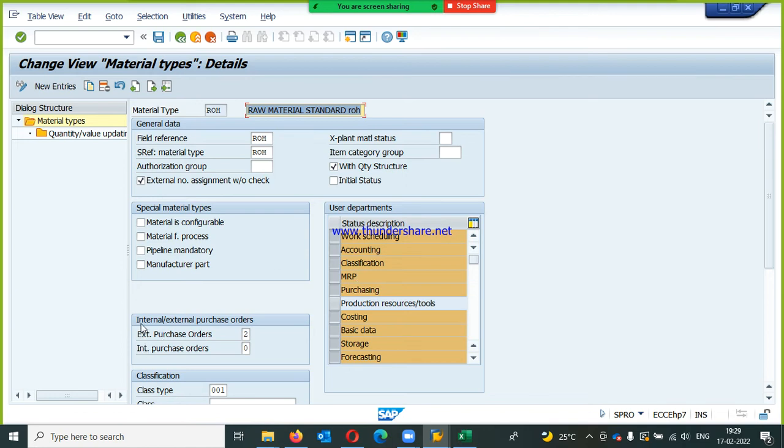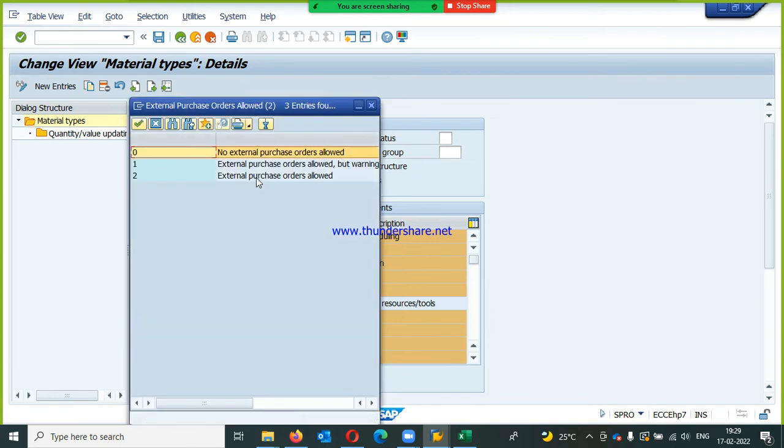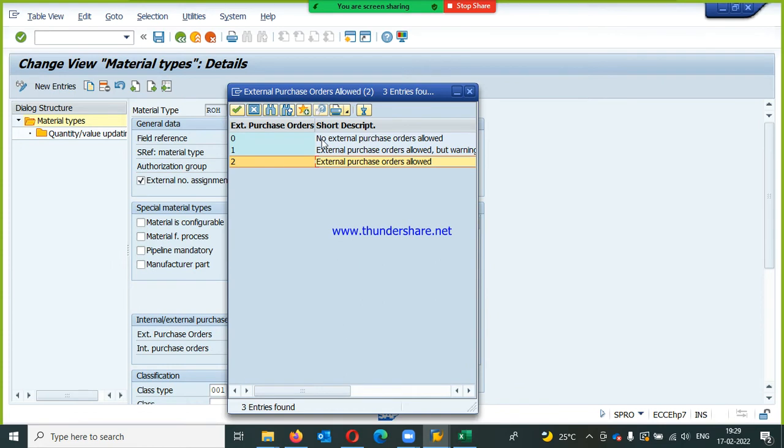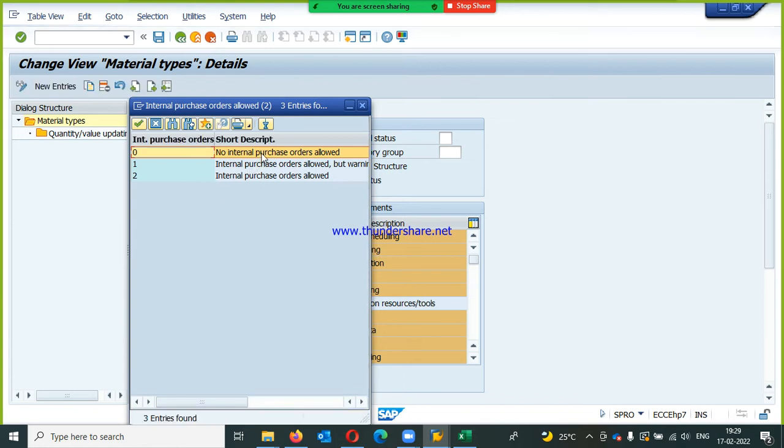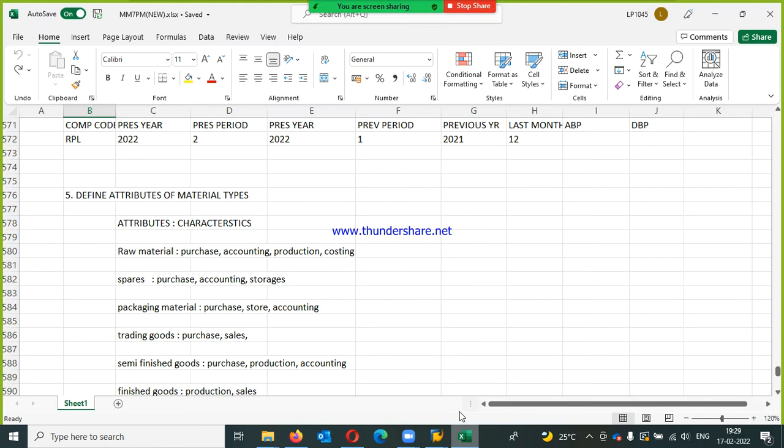Right. Next, internal external purchase order. Here external purchase order it is 2 and internal purchase order it is 0. So what does it mean? 2 stands for external purchase order, it is allowing. Okay, 2 means allowing and 0 is not allowing. Internal purchase order, it is not allowing. Internal means within the company. So assume that internal means